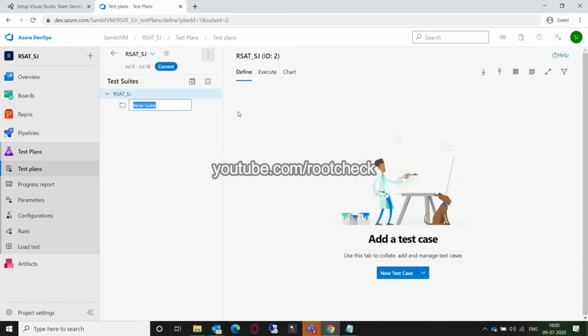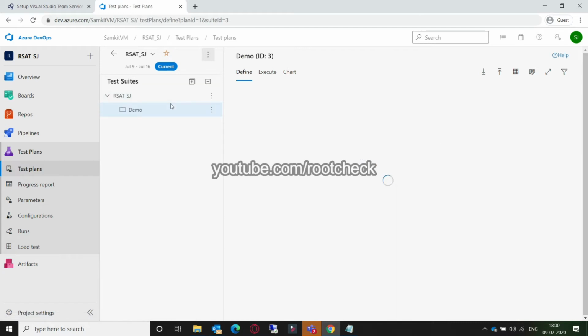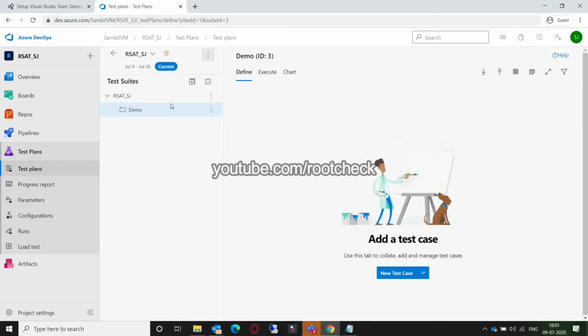In some cases people create two different static suites. One is for the finance and operations, and another is for the retail POS. So in this case we are only creating for the finance and operations side. So provide any name. You can create subfolders or a folder structure here, and after that you could provide test cases. So here we are only left with the test cases section.